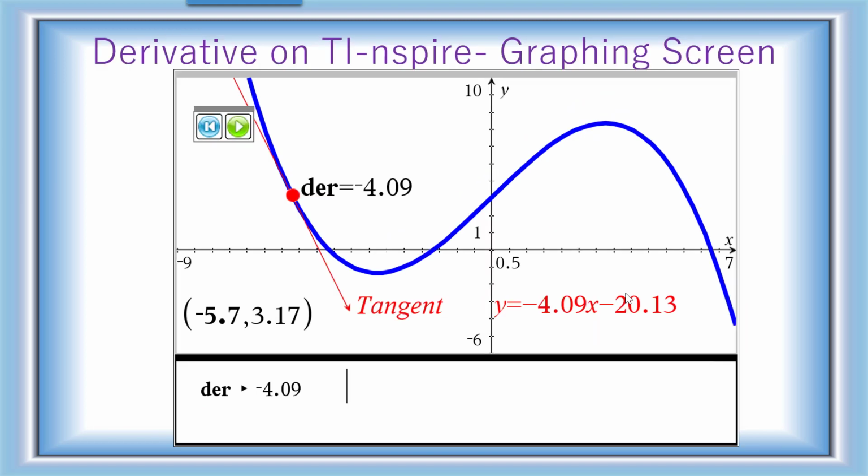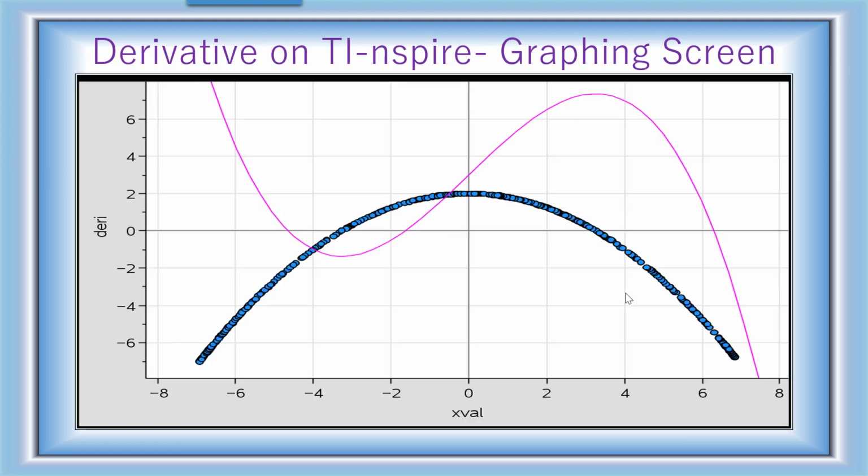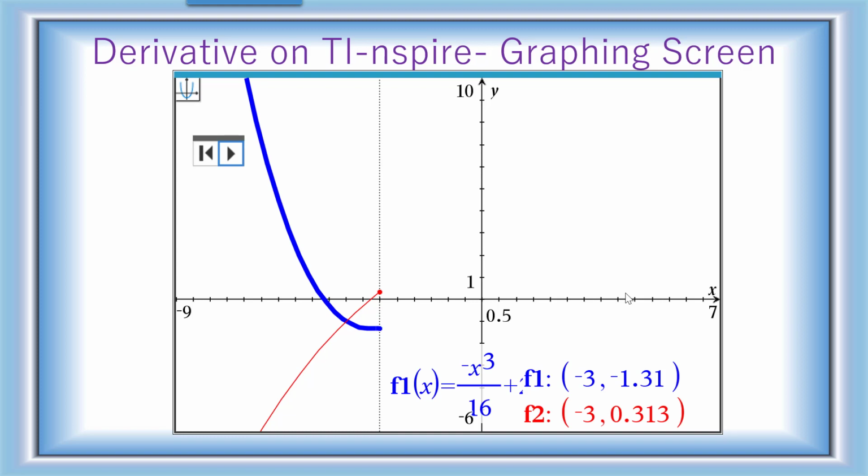And this was the other bit I illustrated, which was that the derivative at every point on the curve is changing. So currently the x value is negative 5.7 and the derivative reads as negative 4.09. And this is where I had captured all the values, and I had put this in the form of a graph, which is this one here. Okay, and this just illustrates the section where the gradient is negative, and that's the red section.